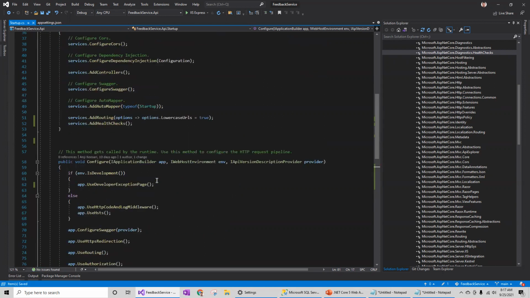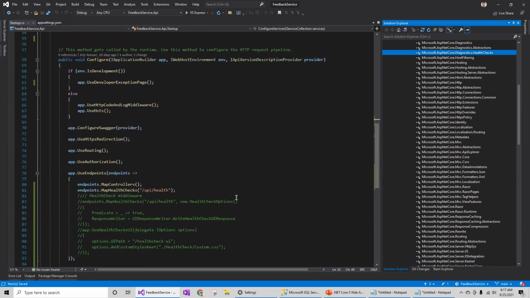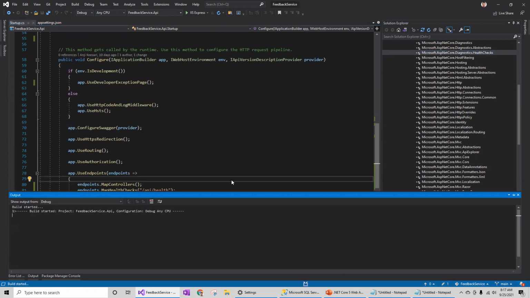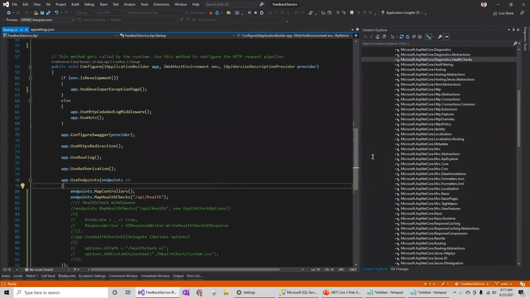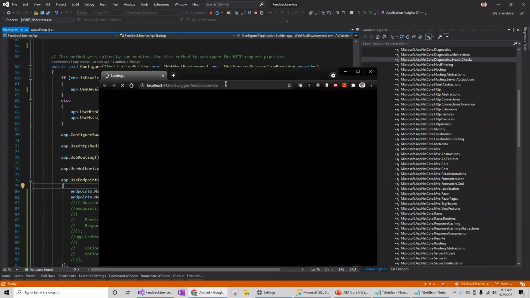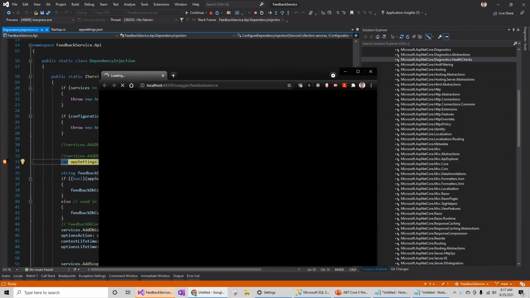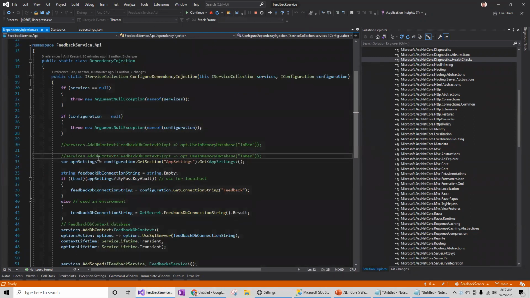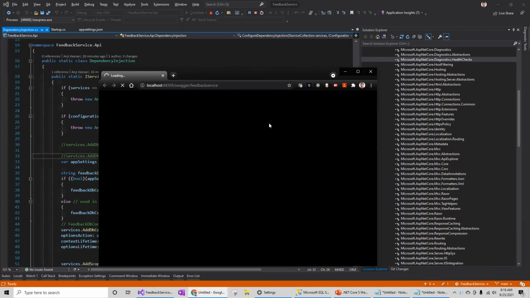So I just added two lines of code to start with. One is AddHealthChecks, which is all part of Diagnostics.HealthChecks, so that I can launch the URL api/health and see if I'm able to check the health of the API. This code is on top of my Key Vault code, so this is also connecting to the Key Vault.